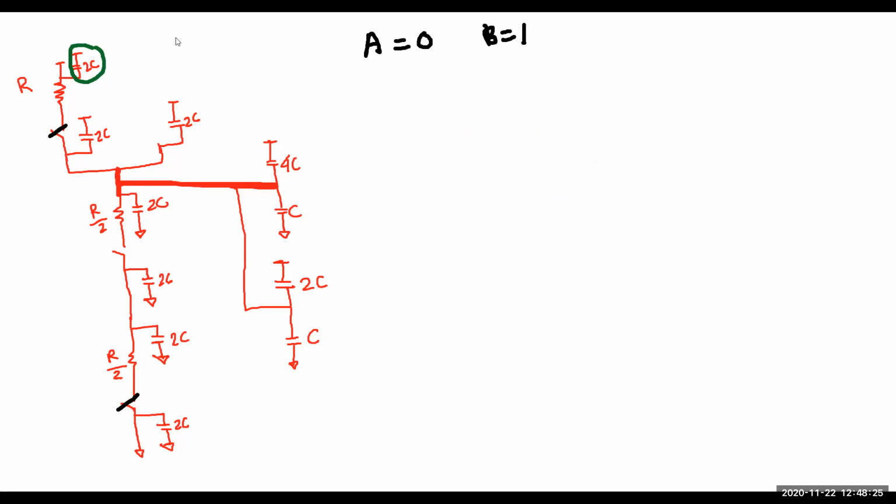So I'm going to erase these capacitors as well, like this. Okay. Look at this part. This part is not connected as well, right? Yes, sir. So I have to what? Erase. I have to erase them. So I'm going to erase them.